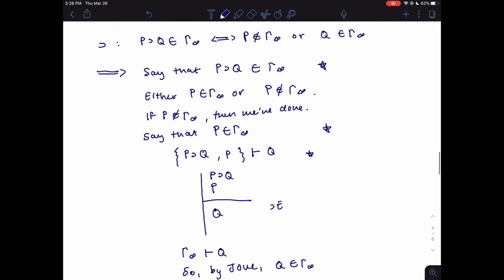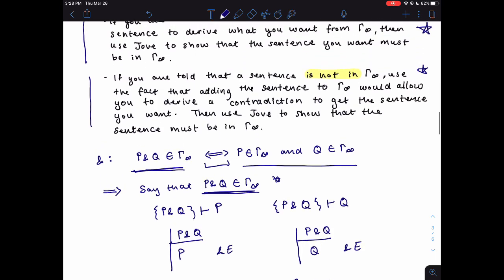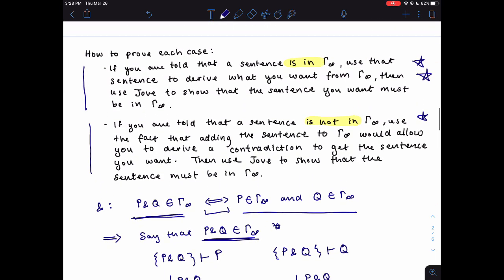So I would recommend writing down these instructions for what to do depending on what information you're given. I think that'll be really helpful. On the problem set, there are 2 questions about this. One of them asks you to do the disjunction case of the regularity lemma, and one of them gives sort of a fictional rule of SD and asks you to prove the case involving that rule. All right, that's it.